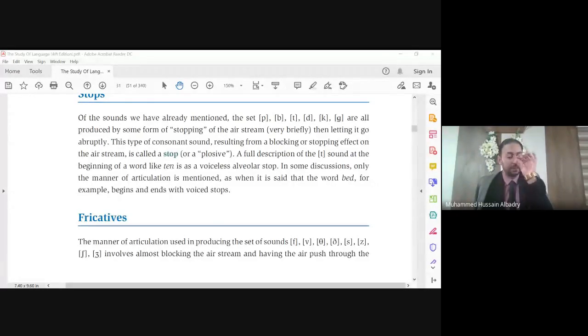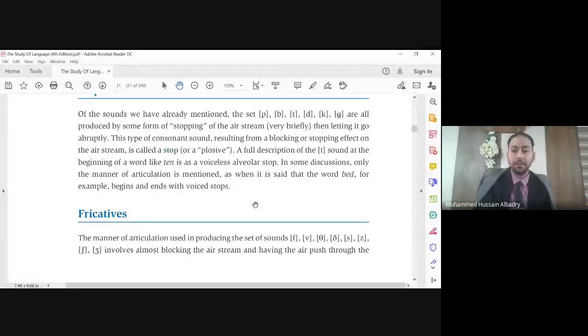Narrowing. Okay, there is a narrow passage here. Between the tongue and the alveolar ridge, narrow. That's why we have this friction. That's why we call it a fricative sound, or fricative. Thank you so much. And then we have